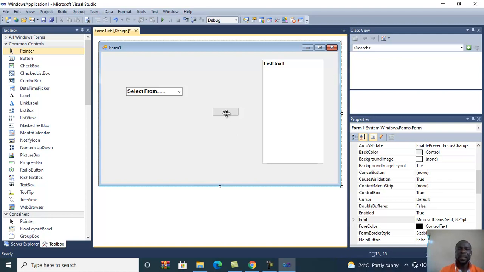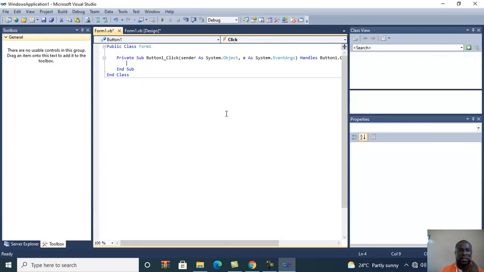That's the actual button. So let's click and then code. So when you double click, yes, this is our code. We want to add, when we click on this button, whatever we selected in the combo box to the list box. So you declare something that is dim,